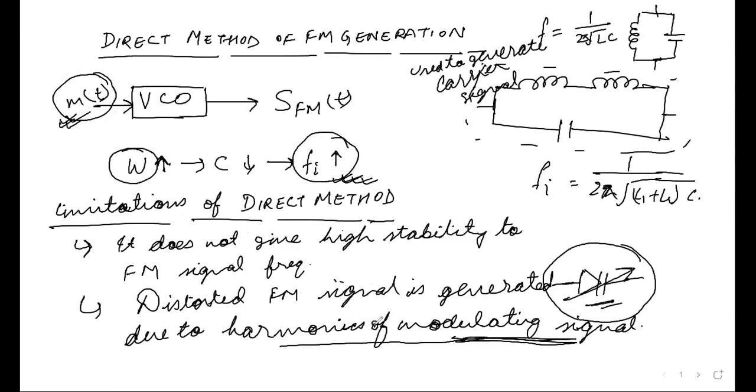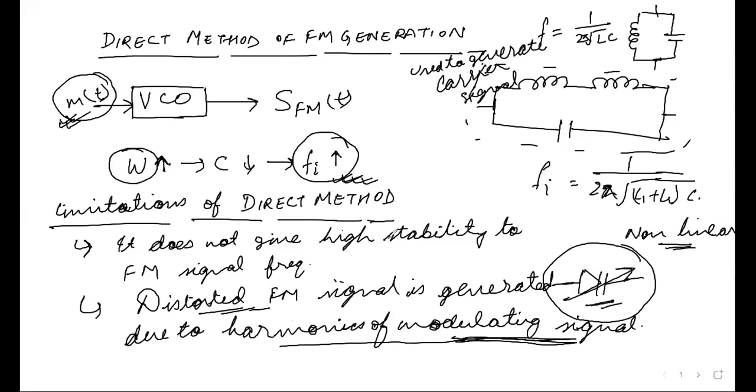Another reason is that the devices we are using here, may be a diode, may be a transistor, that is BJT and FET, and all of these devices are what? These all devices are non-linear. So all these devices are non-linear in characteristics. Based on this non-linearity, the distortions in the FM signal will be there.